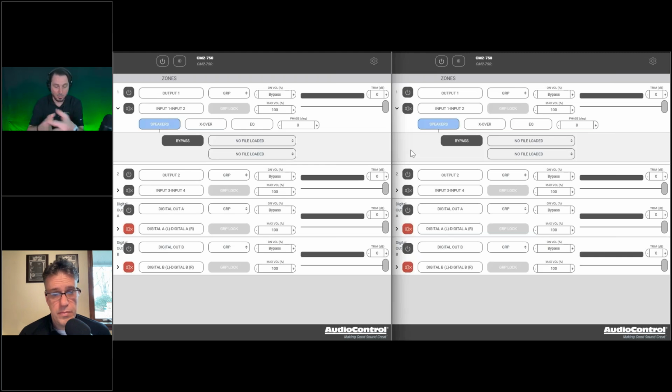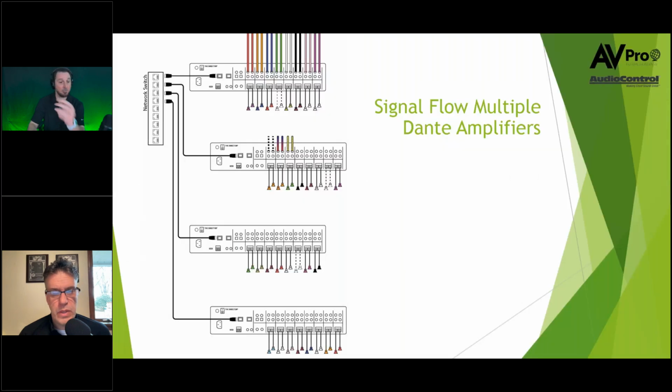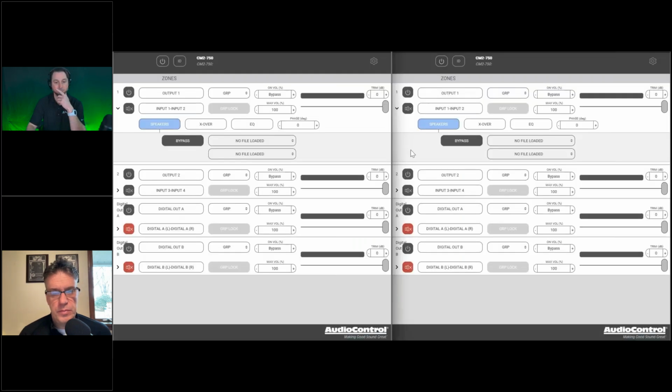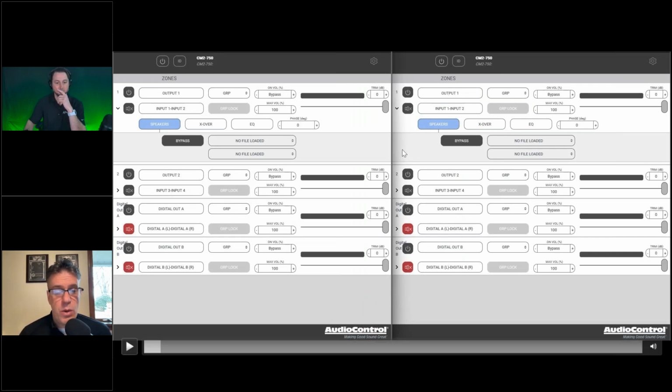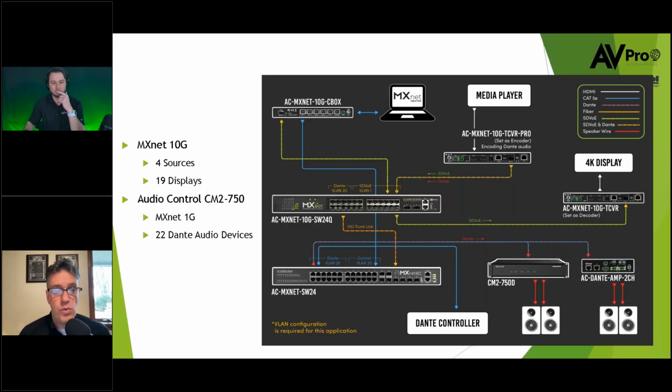Audio control, we want to make it a lot simpler for you. This is the interface that you would see when you're setting up amplifiers, like in this example. Yeah, so this is the same GUI that they use for their regular analog amps. And where this is different, and I believe audio control is unique in the world with this at this point